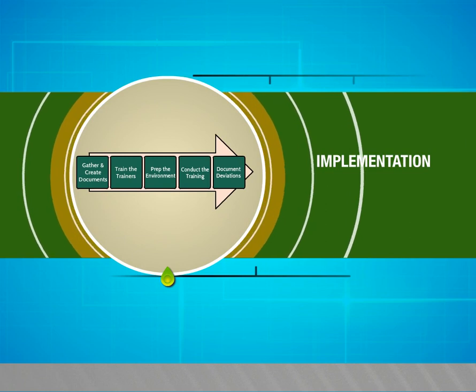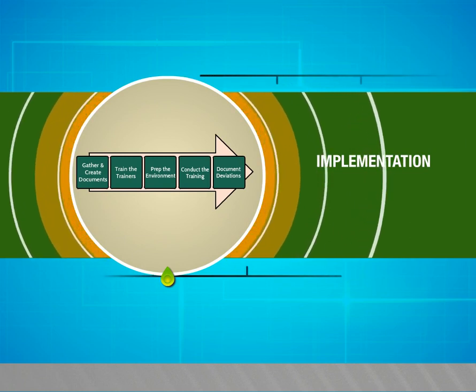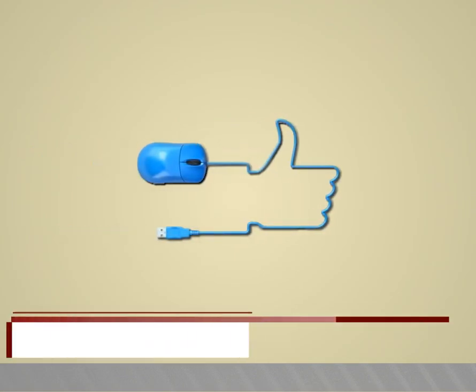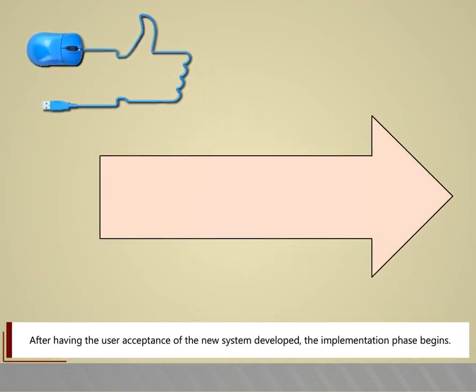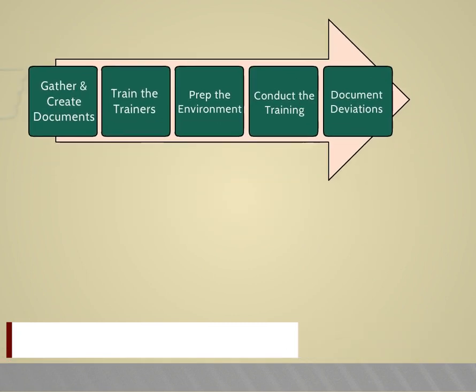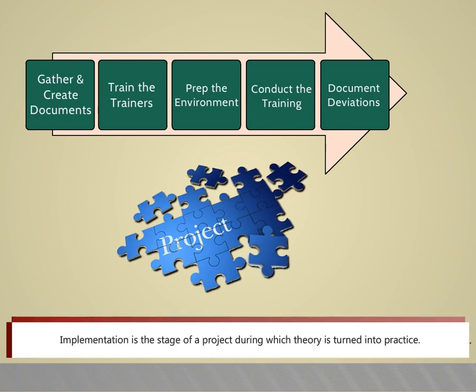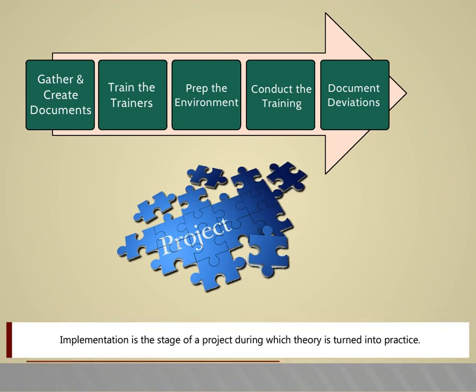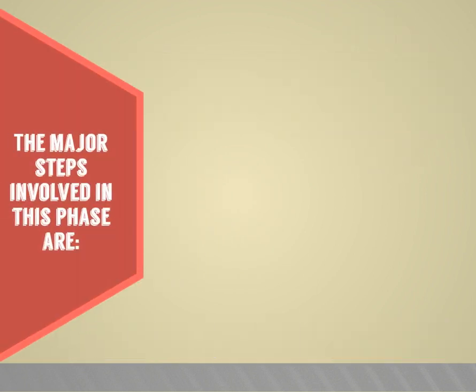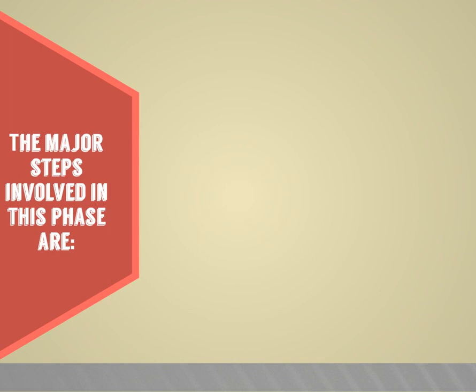Implementation. In this video, we are going to see about implementation. After having the user acceptance of the new system developed, the implementation phase begins. Implementation is a stage of a project during which theory is turned into practice. The major steps involved in this phase are